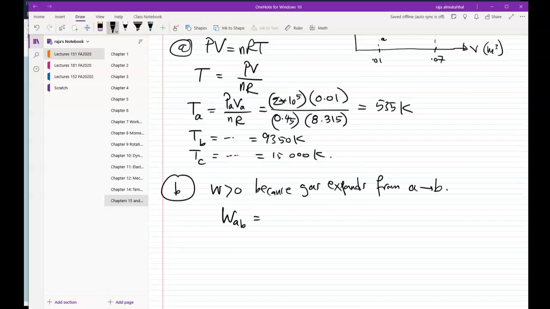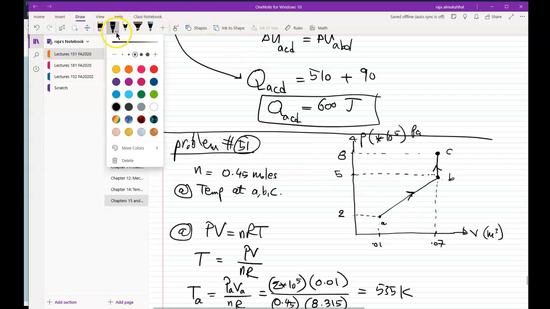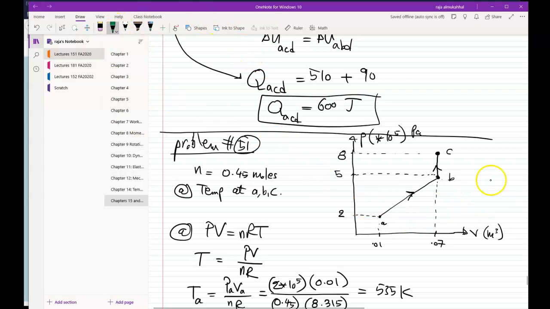Well, what is that work? The best way to do it is to simply, as I told you, get the area under the curve. Look at that. What do we have under the area? Let me analyze the area under the curve. Let me show you. Let me put a different color. The area is basically, we have a triangular area right here, this one,